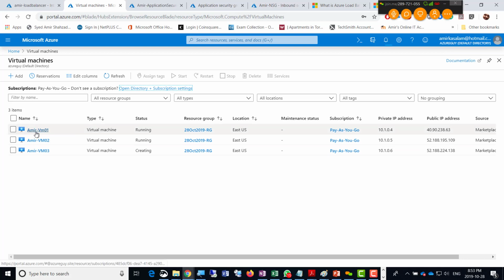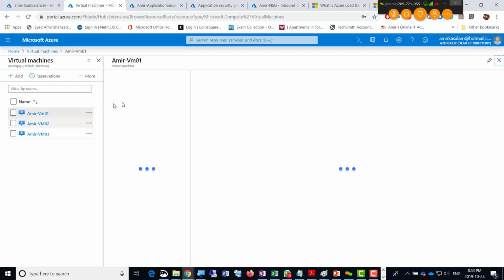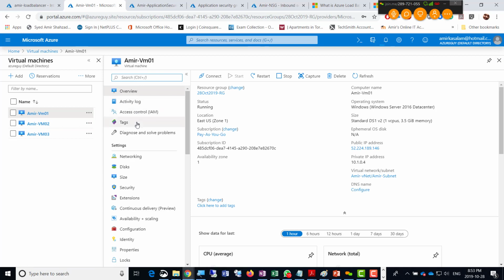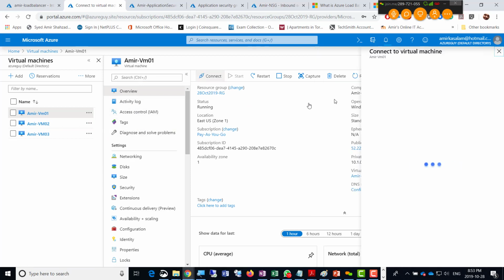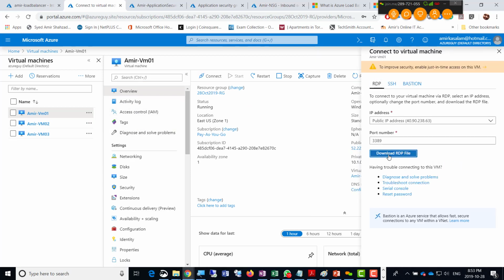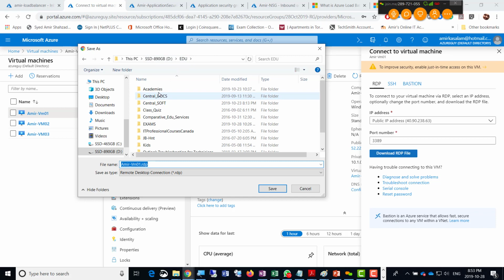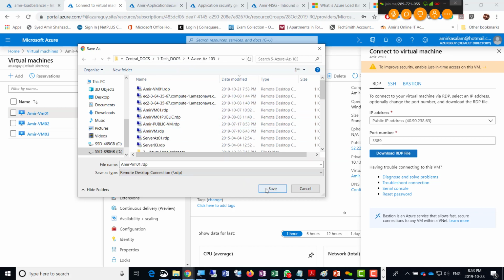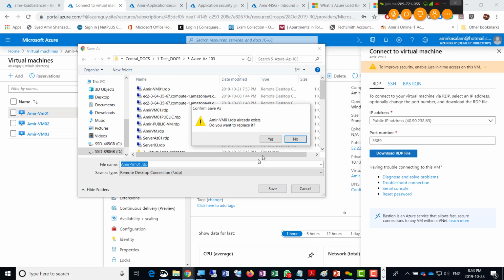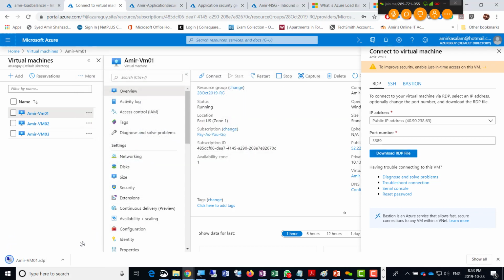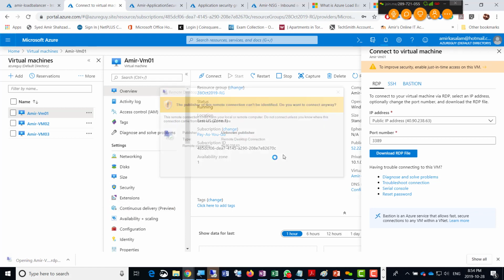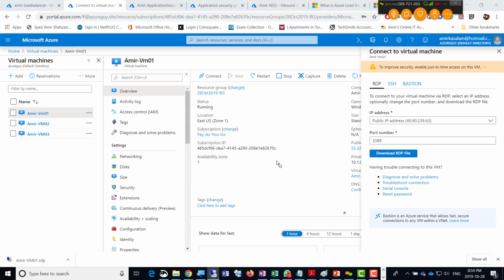And I'm just going to go for the first virtual machine here. I need to connect to it, and I'll go to connect, and there's RDP, download RDP file, and so it is Central Docs, Tech Docs, Azure, and yes, I already have a file with that name. Once it is downloaded, connect,